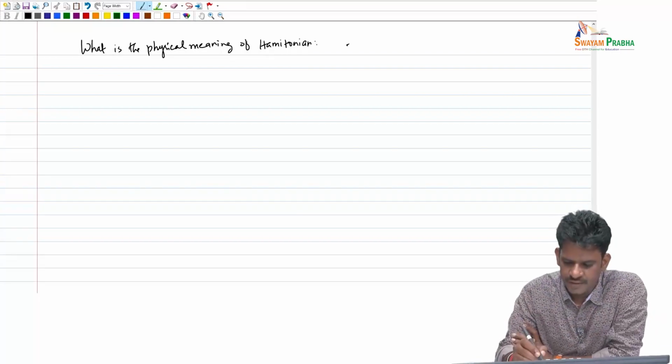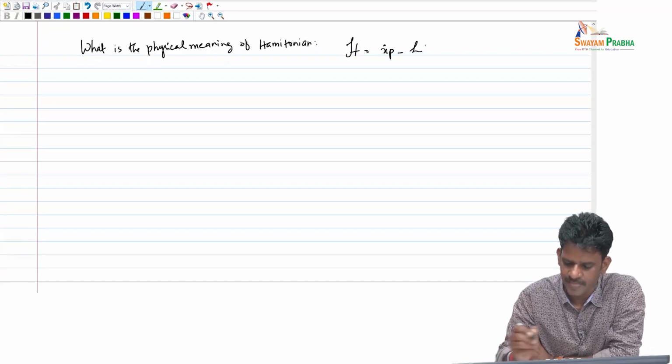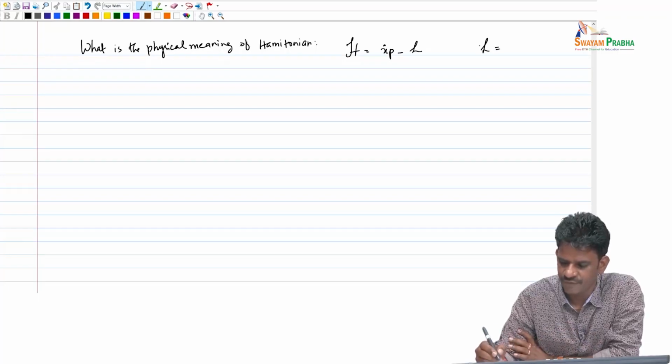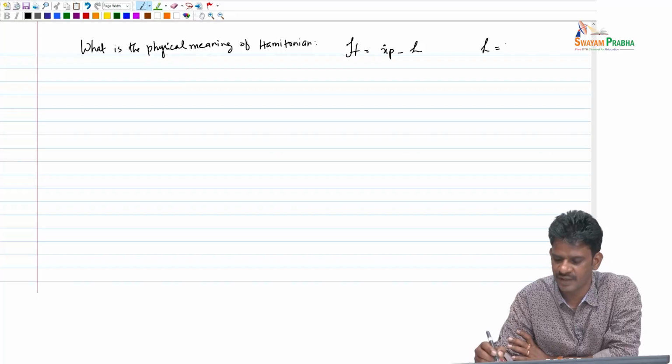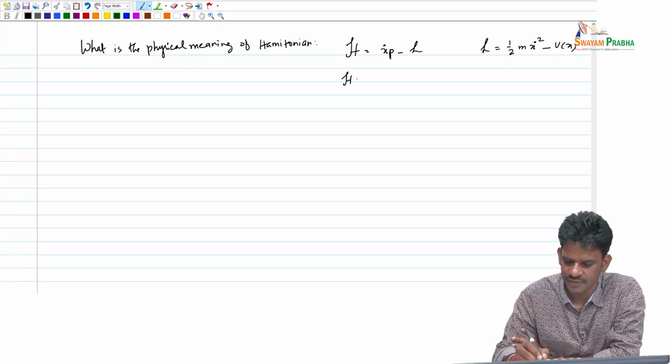So, we have defined the Hamiltonian using Legendre transformation as x dot p minus L, and to see the physical meaning, let us take an example formulation for the Lagrangian as kinetic energy minus potential energy, and let us substitute this here. So you get